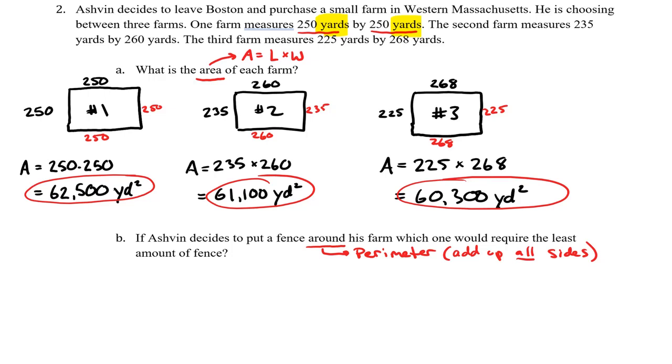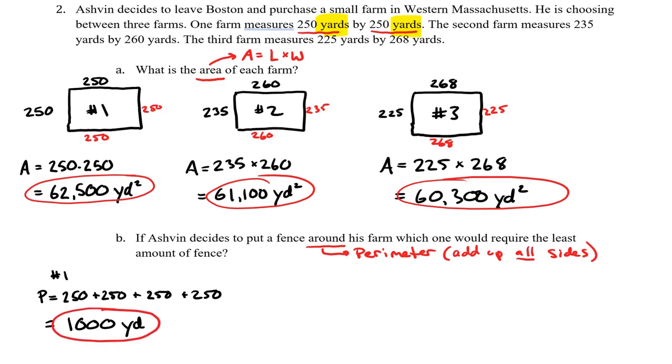Okay, so for yard number 1, the perimeter is equal to 250 plus 250, 250 and 250, or we could have said 4 times 250, either way. And that adds up to 1,000 yards. Remember, square yards would be the units for area, but just yards would be the unit for length. And perimeter is length. Oh, that's not the answer. Our question is which one would require the least amount